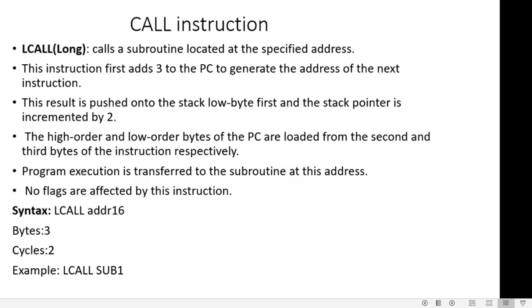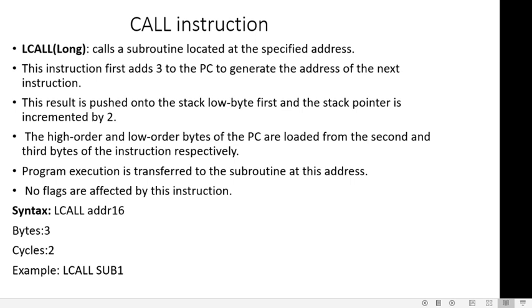Then the call instruction. There is the long call. LCALL indicates the long call. It calls the subroutine located at the specified address. This instruction first adds 3 to the PC, the program counter, to generate the address of the next instruction.